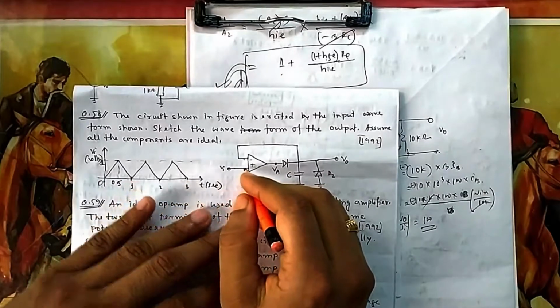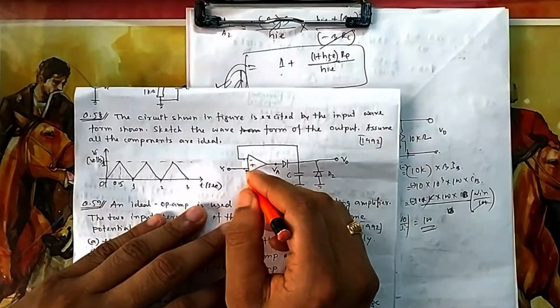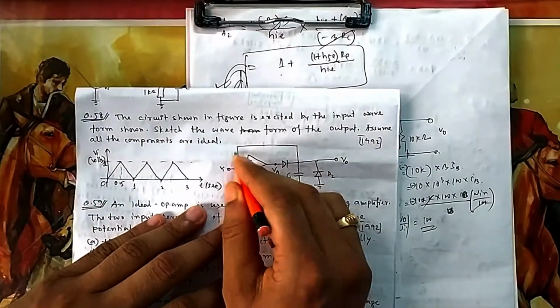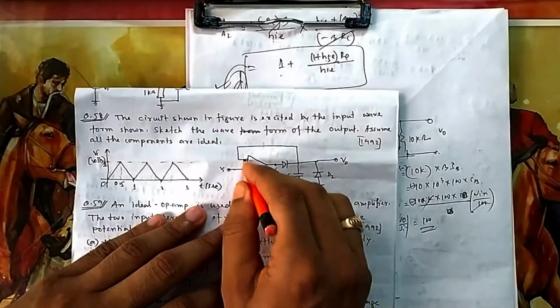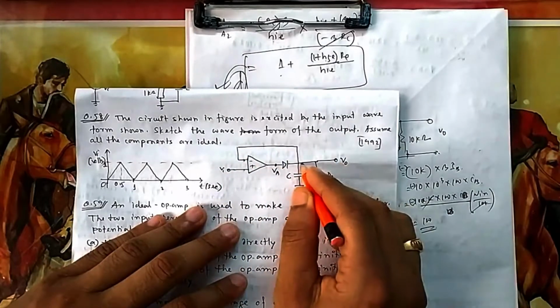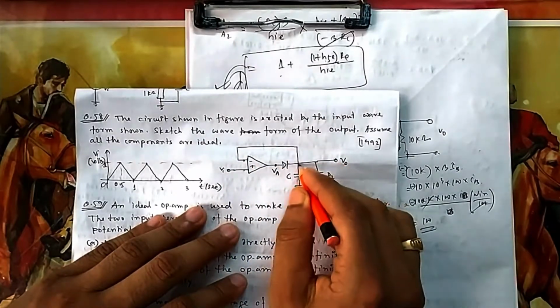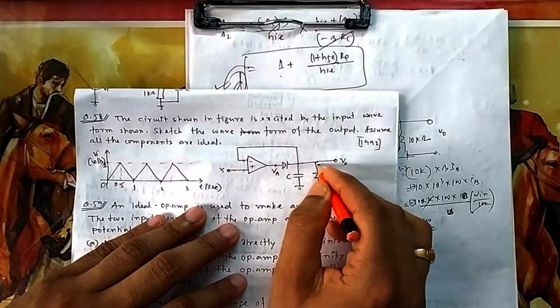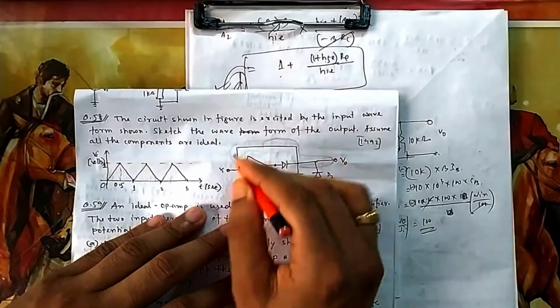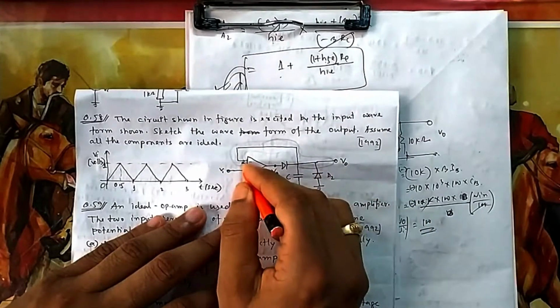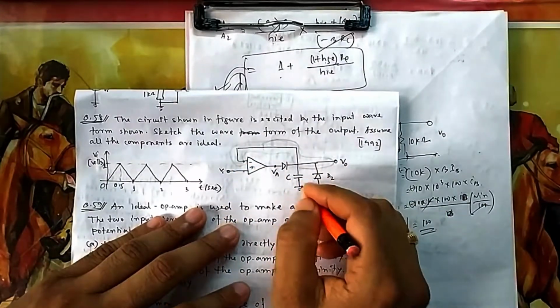In any case, your V in is equal to your V0. So this is Vi, but it is also connected to V0. This entire node is the same node, so all the potentials at this junction would be the same, and so your V output should be equal to V in, but there is a capacitor connected.